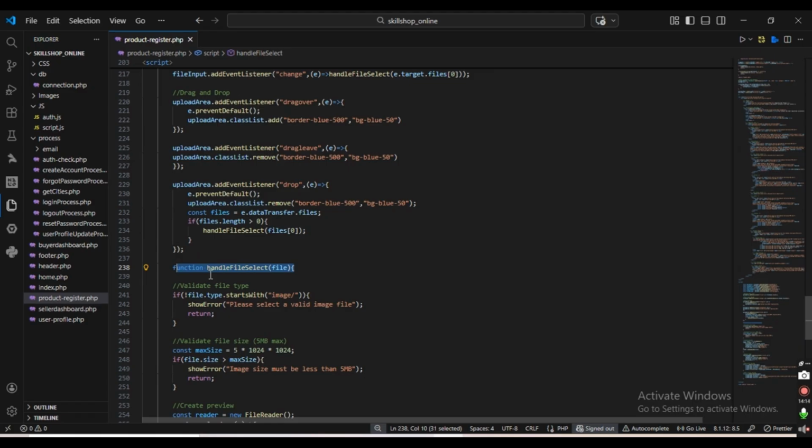This is the main function that processes the image. It handles file type validation, file size validation, and image preview. And here,